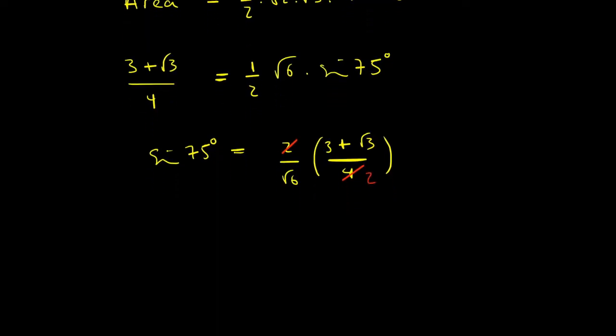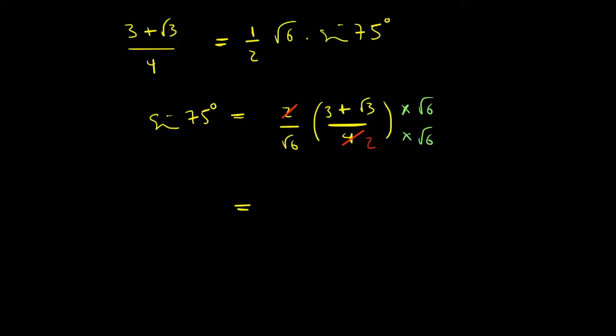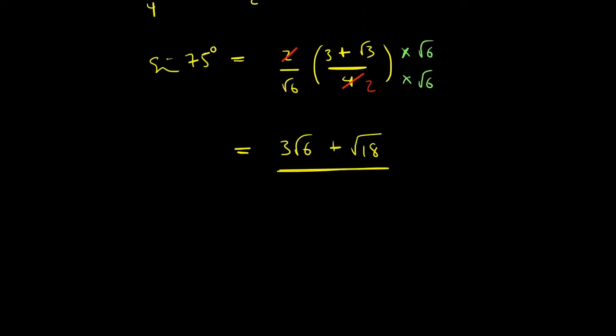And then what we're going to need to do is we're going to need to rationalize this denominator, sorry. And how are we going to rationalize? Well, to get rid of that square root, we've got to multiply top and bottom by root 6. So we're going to multiply this by root 6. And we're going to multiply the top as well by root 6 because we need to do that for equivalent fractions. So if I multiply the top by root 6, I get 3 root 6. And if I multiply root 3 by root 6, I get root 3 times by 6, which is root 18, all divided through by 2